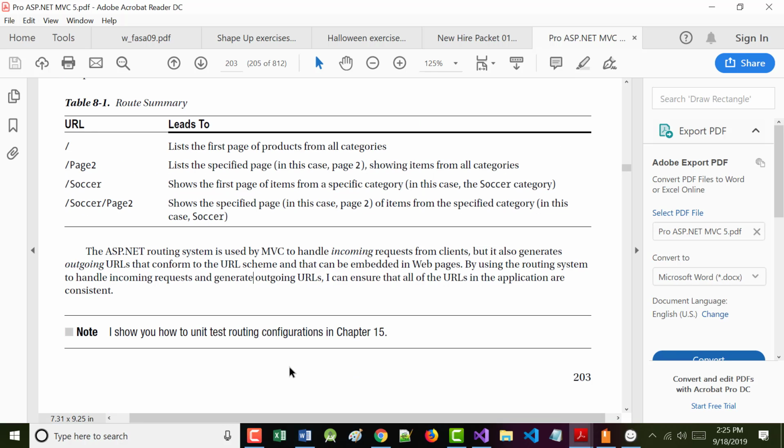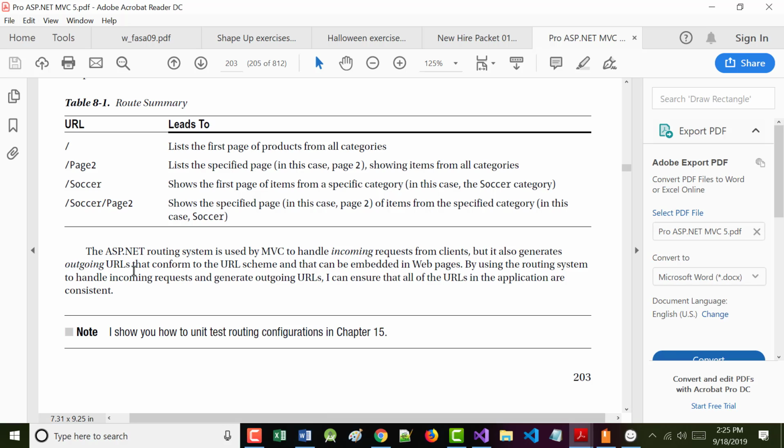Now, the author mentions here, this is the bottom of page 203. The ASP.NET routing system is used by MVC to handle incoming requests from clients, but it also generates outgoing URLs. Why did I read that to you? Not to waste 5 minutes of your time, but to tell you that's what ASP.NET MVC is: it's a big routing mechanism.